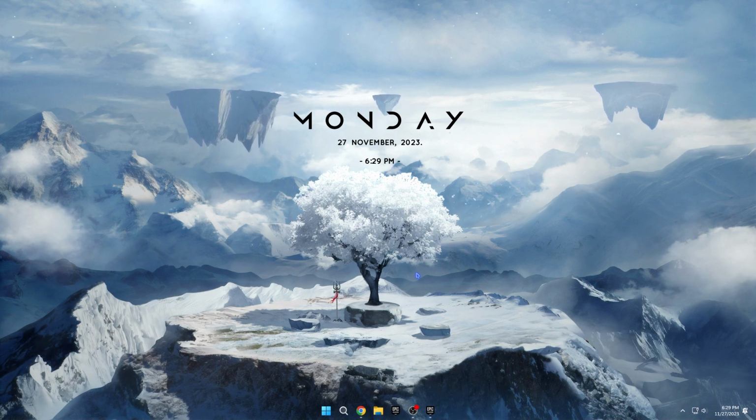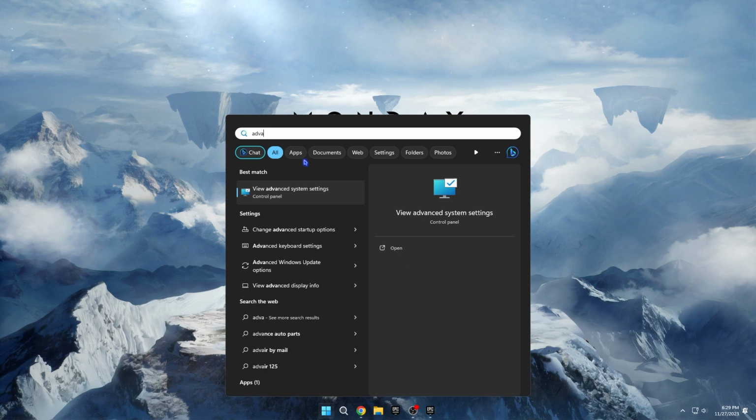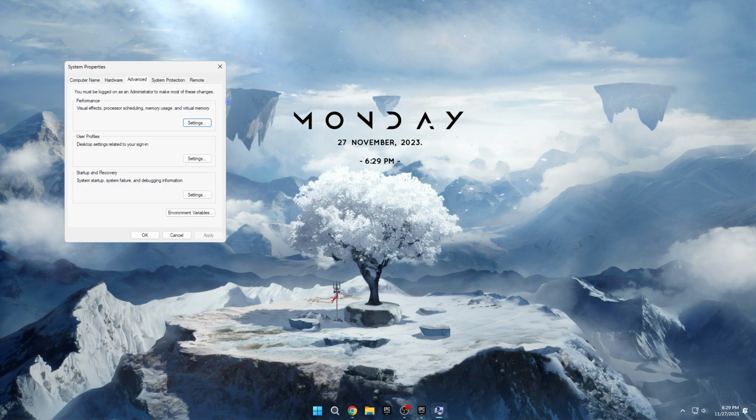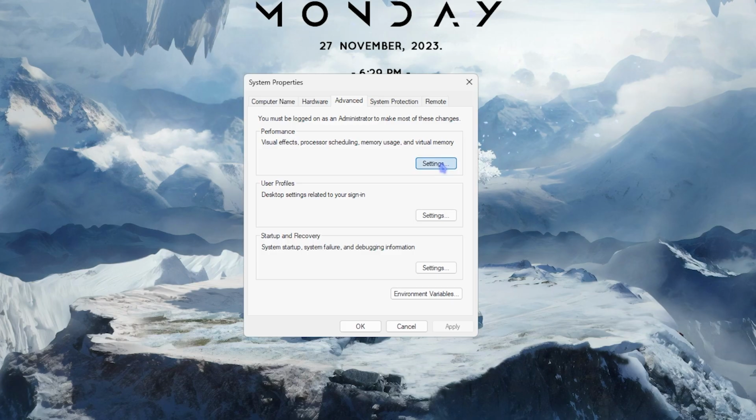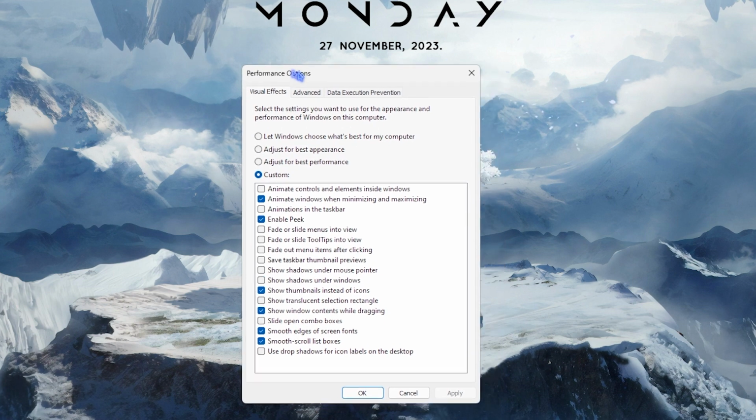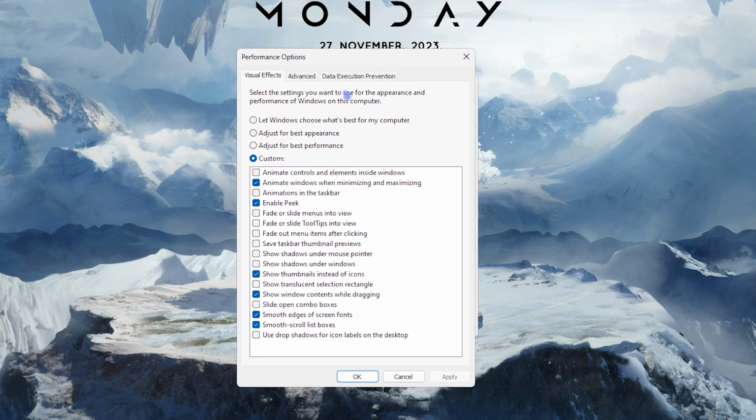The next thing to do is go to this PC and click on Properties. Scroll down and locate Advanced System Settings. Click on Settings. These control various visual effects in Windows which can impact your PC's performance, for example, animating controls in fading sliding menus. If your PC is very slow, select Adjust for Best Performance to disable these effects. However, if performance is decent, you may opt to keep some or all of them enabled based on your preferences